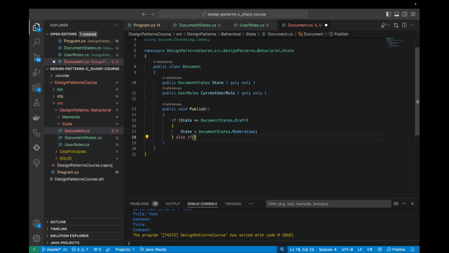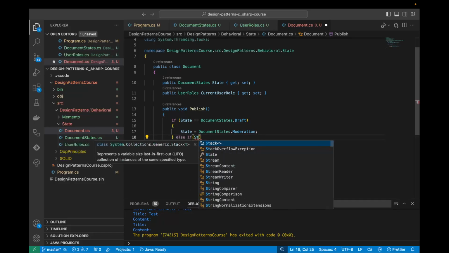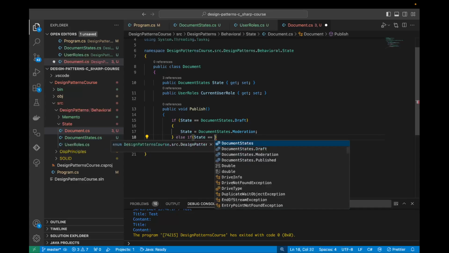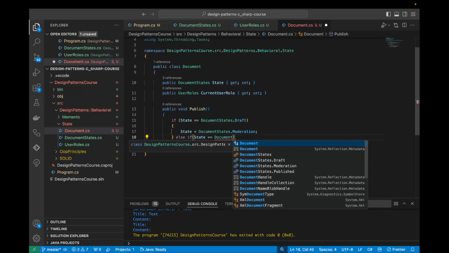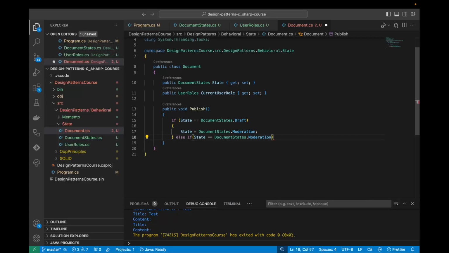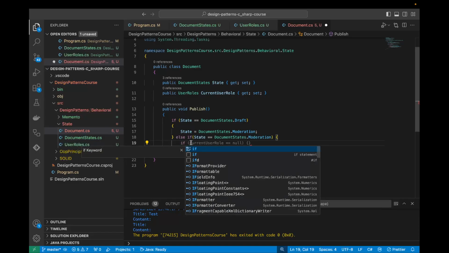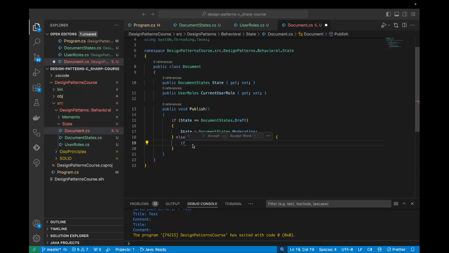Else if the state is equal to DocumentStates.Moderation. So if we are currently in moderation state, then we need to check the user roles, because only admins can publish a document from moderation to published. So here we can say if